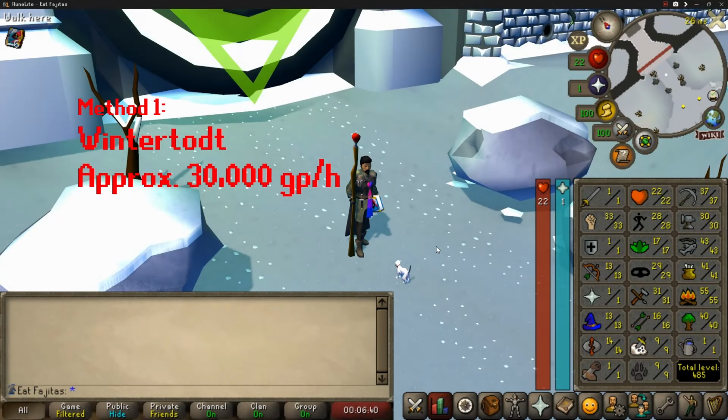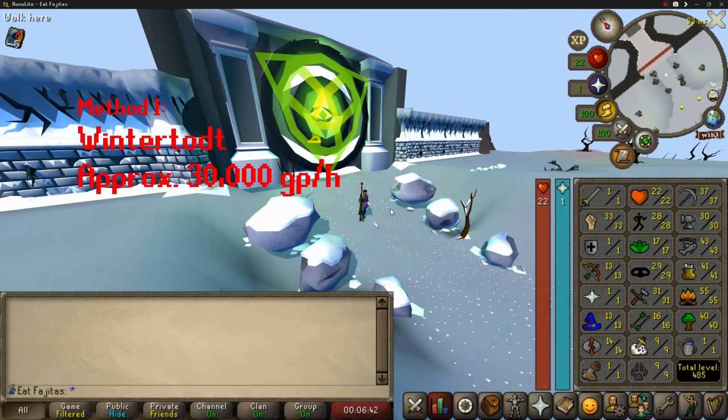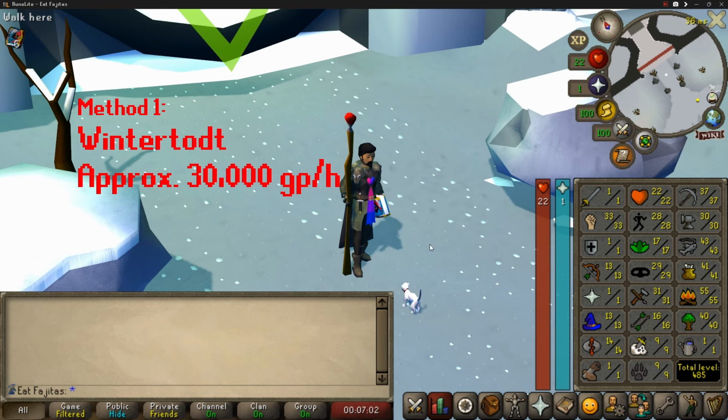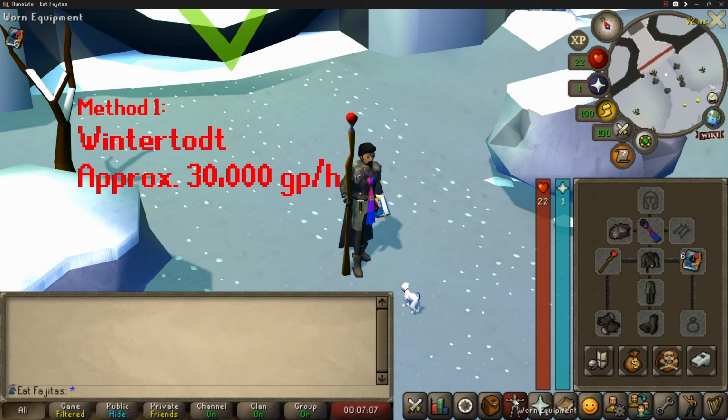Alright, first on the list, lowest GP an hour, Wintertodt. And Wintertodt is an Ironman favorite because a lot of new Ironmen, when they're low level, like to rush Wintertodt. They like to rush getting 50 firemaking to get access to Wintertodt, only because it provides some good resources early on, but the resources do scale with your skills, so the higher the skills you have, the better resources you get. But anyways, Wintertodt provides about 30,000 GP an hour,